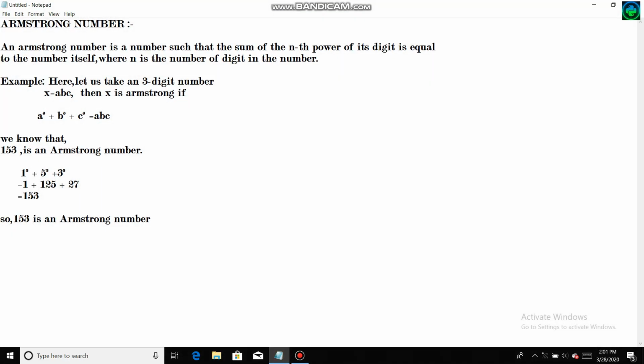Now look here. An Armstrong number is a number such that the sum of the nth power of its digits is equal to the number itself, where n is the number of digits in the number. For example, let us take a 3-digit number x equal to abc. X is an Armstrong number if a power cube plus b power cube plus c power cube is equal to the number